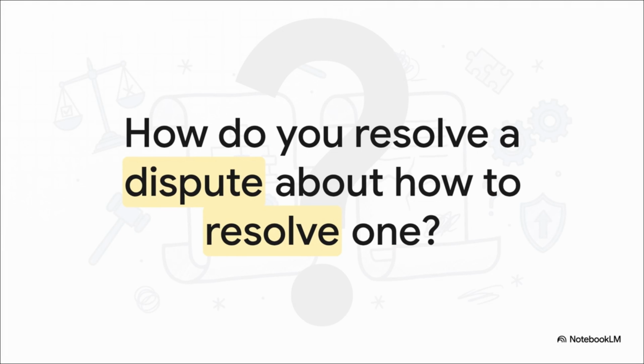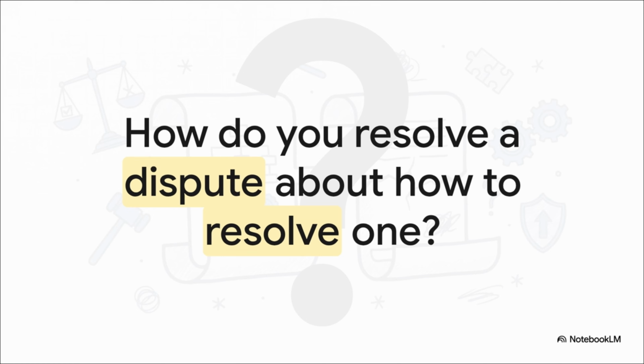And that brings us to the million-dollar question. How exactly do you resolve a dispute about how to resolve a dispute? It sounds like a joke, right? But frankly, it's the exact issue that brings major, complex projects to a complete, grinding halt. When your arbitration agreement is ambiguous or just poorly put together, you end up creating this disastrous second dispute just to figure out the first one.